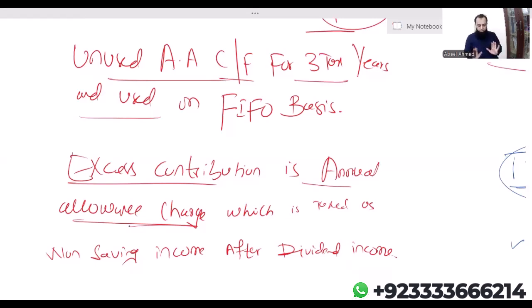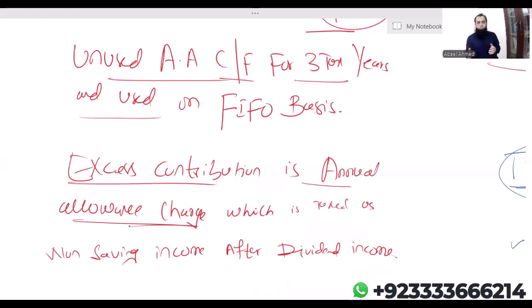I want to just hold on the video here. In a coming class, I'm going to explain more on this annual allowance charge. We'll be discussing more on this annual allowance charge. Plus, we did not discuss what are the two conditions when both the conditions are met, then your annual allowance limit reduces. So I don't want this video to be very long. Then in the next video, we are going to cover the remaining area which we did not cover here.